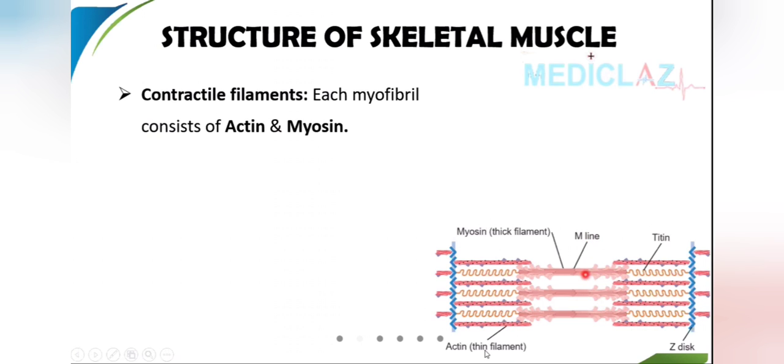So how to remember? Very simple. Actin is thin, so naturally myosin should be thick. The thinner one is the actin, and in the myosin you see we have hair-like, feather-like structures. So you remember myosin is like somebody with feather hair on the head. This is myosin, which is present in the middle. M for middle. So it is present in the middle like this, myosin. Over that you have overlapping actin filaments.